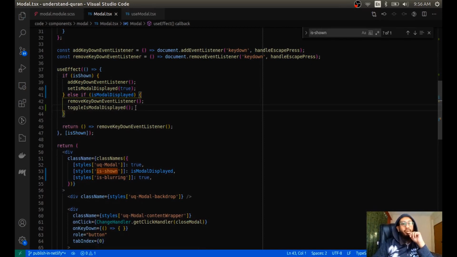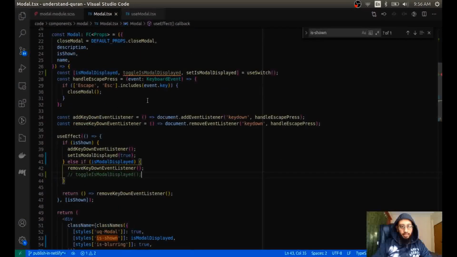But before doing this toggle, we have to be more careful, right? We first have to set some sort of blurring period. So we don't want to do it right away. We just want to say something like